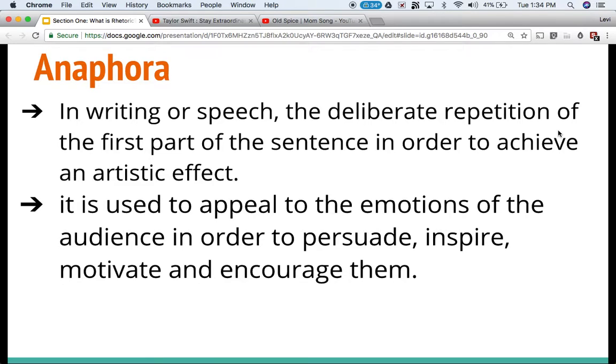So for example, Martin Luther King's I Have a Dream speech. The speech isn't called I Have a Dream, but he repeats that phrase over and over and over again. That's the one phrase that everyone knows, regardless if you know the whole speech or not. I don't know the whole speech, but I know it's I have a dream that something, something, something. But I know it's I have a dream because he repeats that over and over and over again. Okay? And so, if you are a company, or if you're doing a video and you want them to remember something, you can use anaphora to do that. Okay?